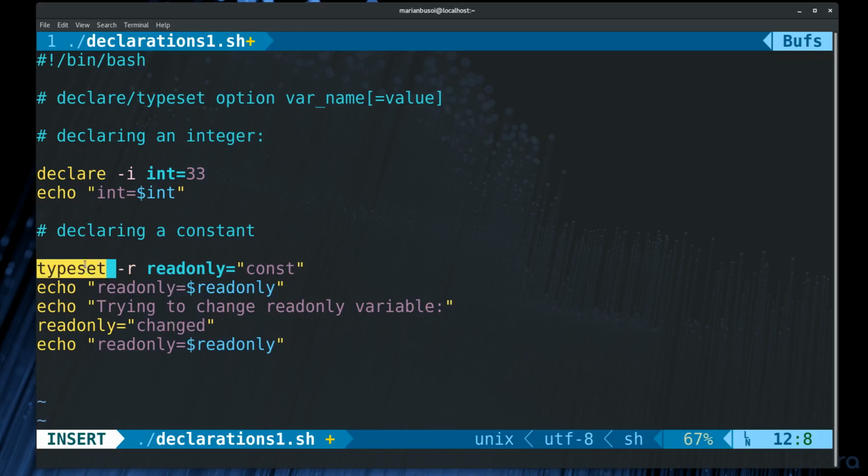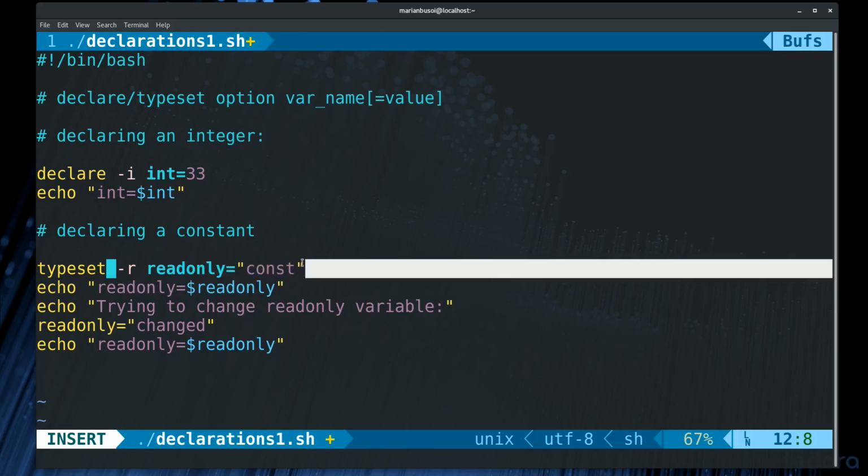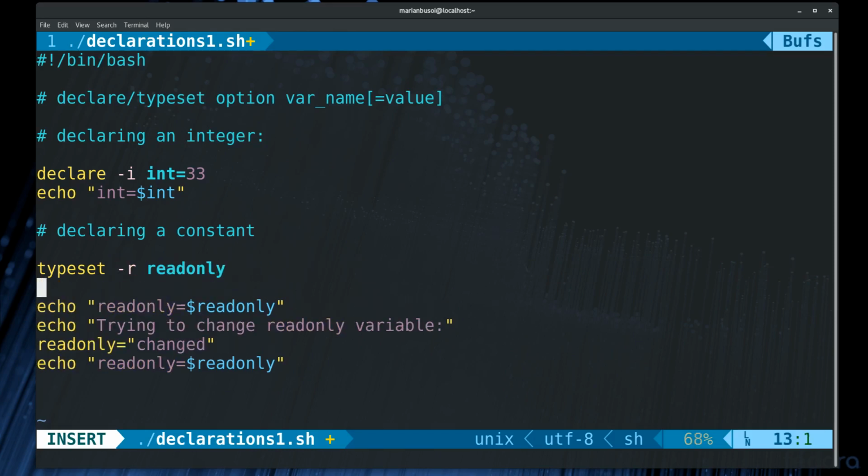So typeset or declare -r for read only, then the variable name, and be careful here in the case of constants, always define them at the same time that you're declaring them, because if you're simply declaring this constant, then